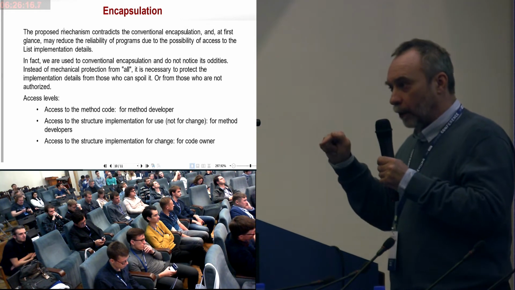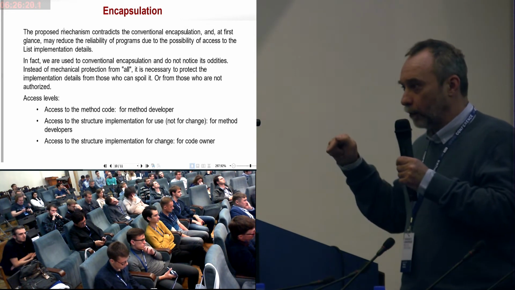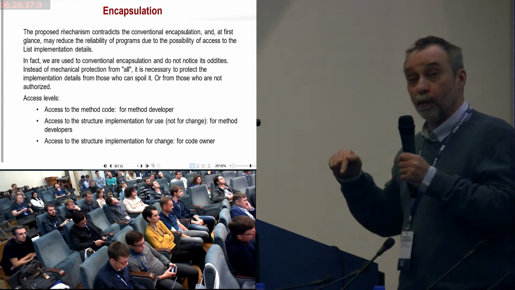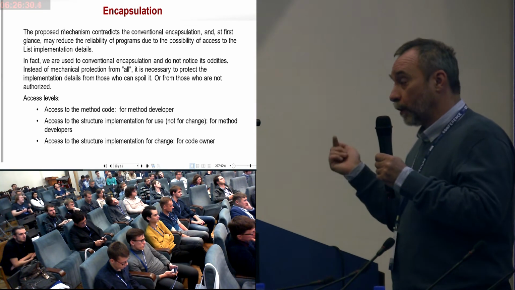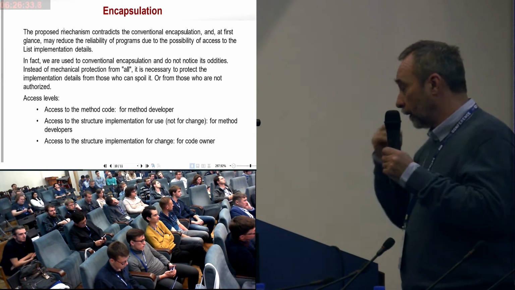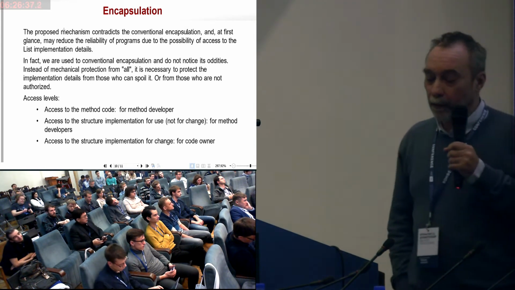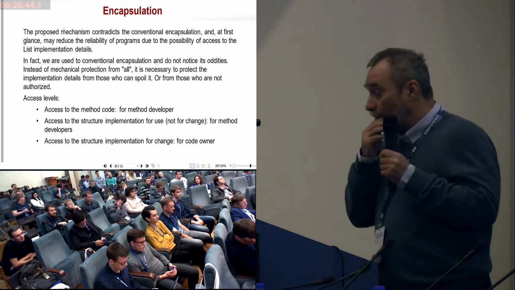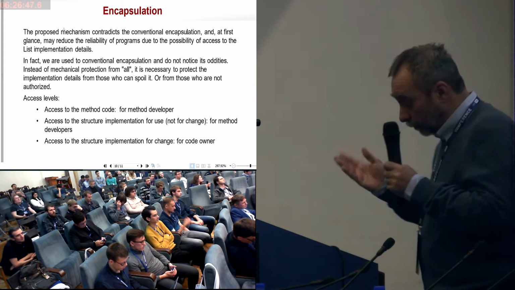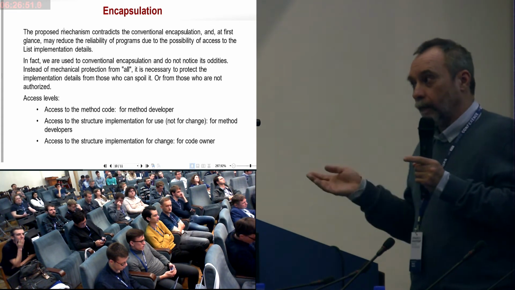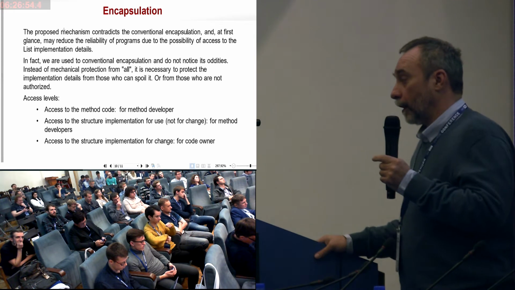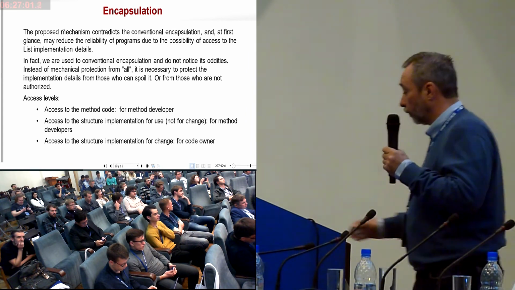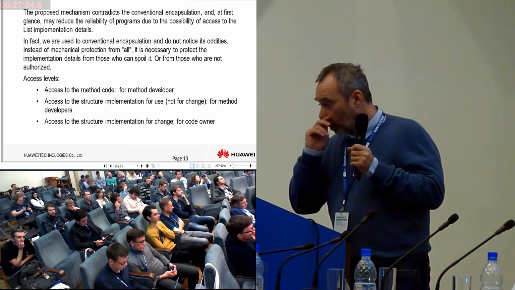The access should be given to developers of the method, but they might not have the right to change it, just utilize it. They have access for utilizing it, but not changing it. And level of access number 3 is access for changes. It should stay in the hands of the owner of the code, who initially set up the structure. So I'm saying, is it a drawback or an advantage? It is a subjective approach, but this is not a weakness of the method, but a strong point.